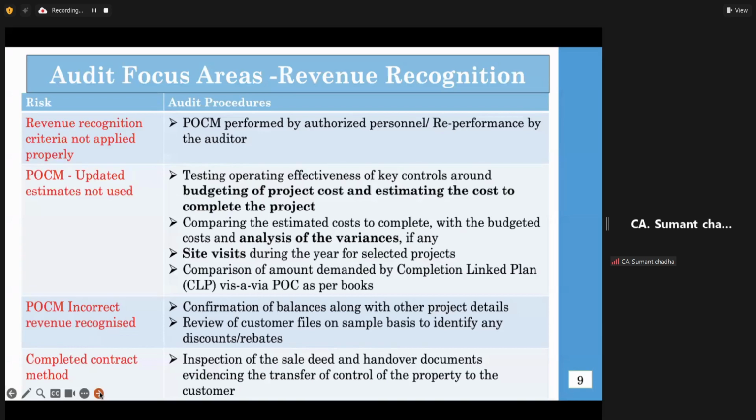Confirmation of balances: it is very difficult to get balance confirmation, especially from vendors, from landowning companies, from unsecured loans, etc. It's a big challenge for audit to get confirmation. So I've sent the confirmations, but if nothing comes, then my audit procedure is taken to another level, and then I'll have to get into